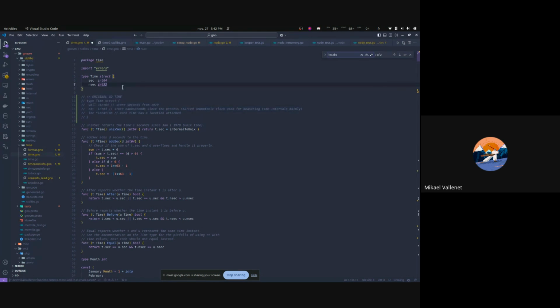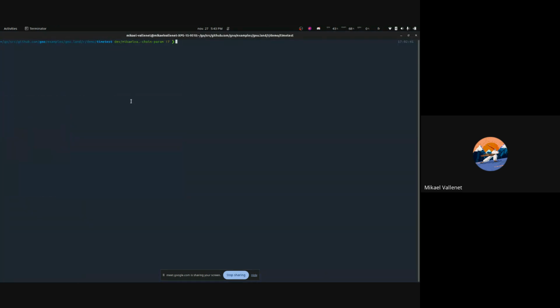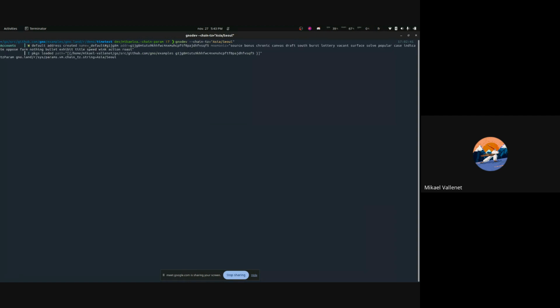So here I tried to make the time zone a chain parameter. I get the chain time zone injected from Gno, and now if I start gno dev with chain time zone Seoul, for example,